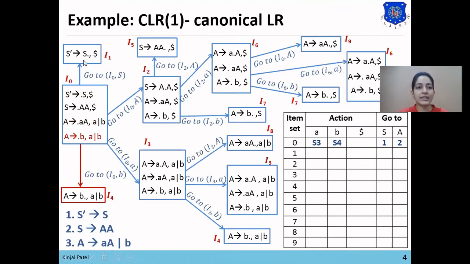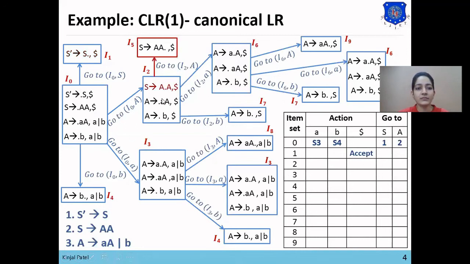Now we'll check I1. As there is no goto in I1, but I1 is a final set of the starting symbol, we'll make the accept entry. So from 1 on dollar, we'll make the entry accept.